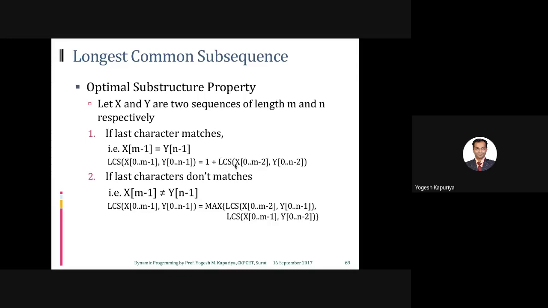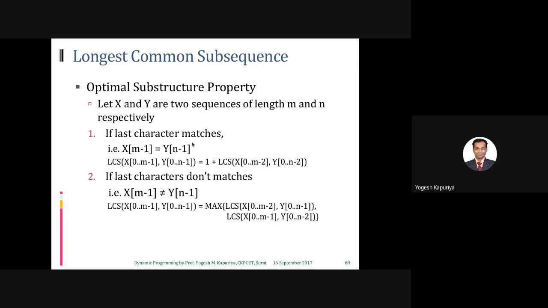So you call the same algorithm LCS by skipping the last character. You can see you are now calling 0 to M minus 2, here also Y is 0 to N minus 2, plus 1. Why 1? Because you found one character which is matching, or which is there in both the sequences. This is the case if your last character matches.